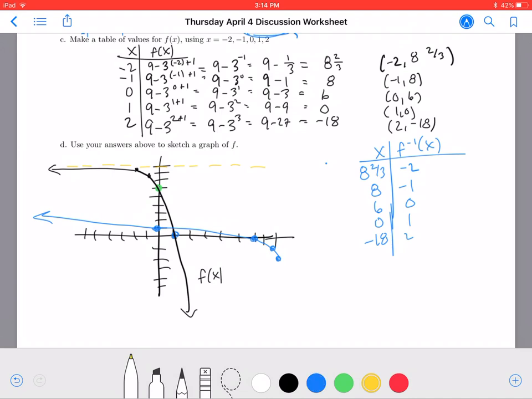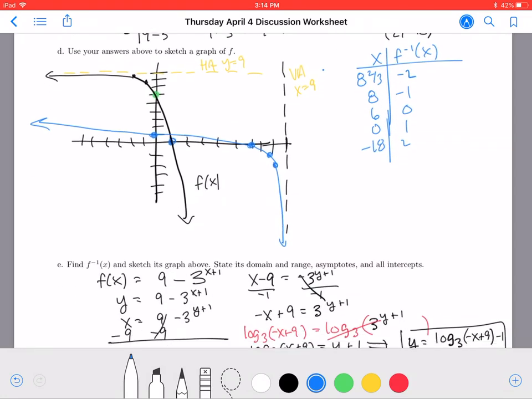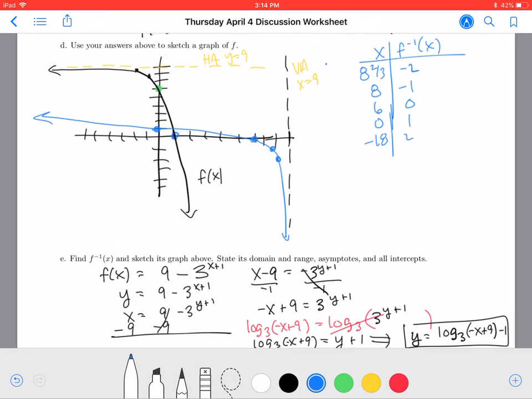And then this horizontal asymptote is actually going to become a vertical asymptote at x equals 9 for my inverse function. So my graph is going to follow that asymptote. So I have a vertical asymptote at x equals 9, no horizontal asymptote. The domain of my inverse function, if I just look, it looks like I go from negative infinity up until x equals 9. Don't include it because it hits that asymptote. And then my range